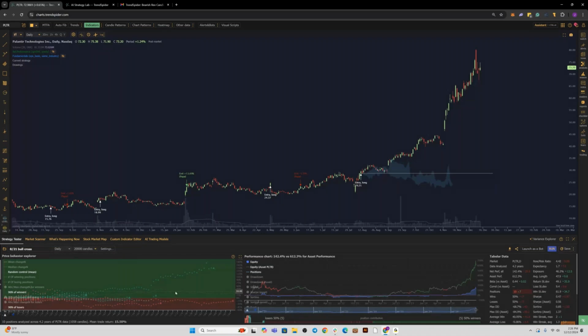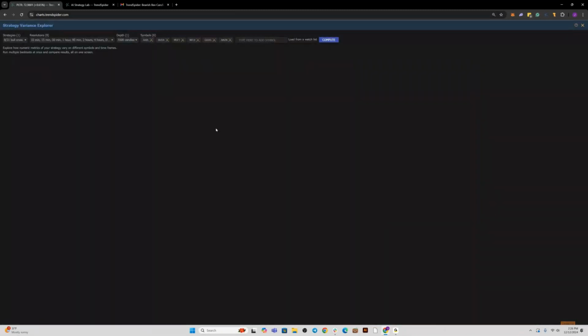So we actually created a fix to that problem called the Strategy Variance Explorer. I'm just going to go ahead and pop over here. The Strategy Variance Explorer is an all new way to utilize the strategy tester functionality and capabilities. What you can do is load up any mix of strategies, time frames for the strategy, backtest depths for the strategy, and symbols, up to 52 variants at once. So one strategy on one time frame across 52 different symbols, or 3 strategies on 10 different symbols on 2 different time frames. You do the math on that.